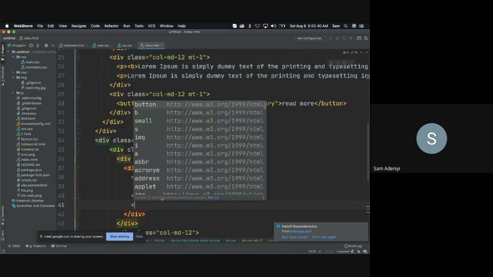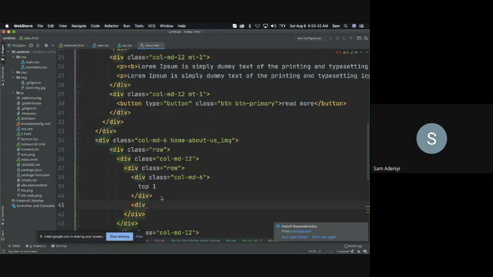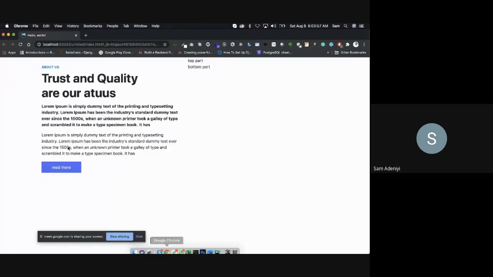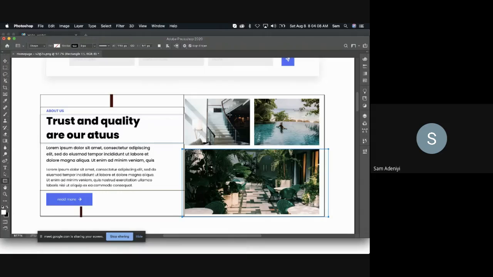I'll come back here. I'll do div class col-md-6, and I'll call it top 2. So I'll refresh my page to see if I have that structure. You can see I have my top 1, and I have my top 2. So what's next for me to do is to look for these images. So